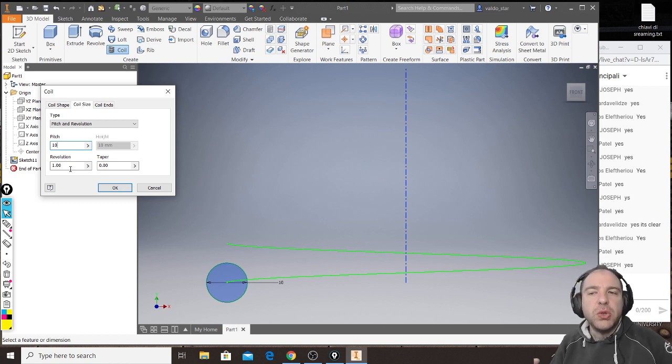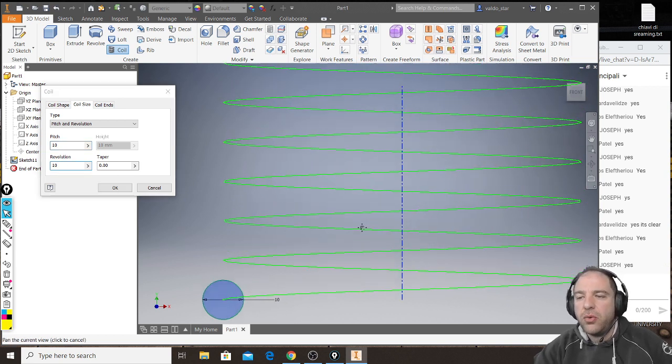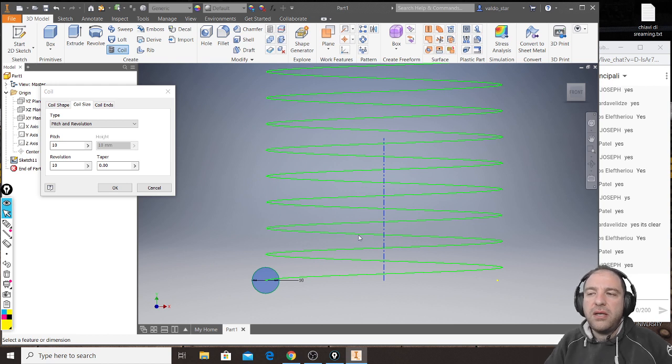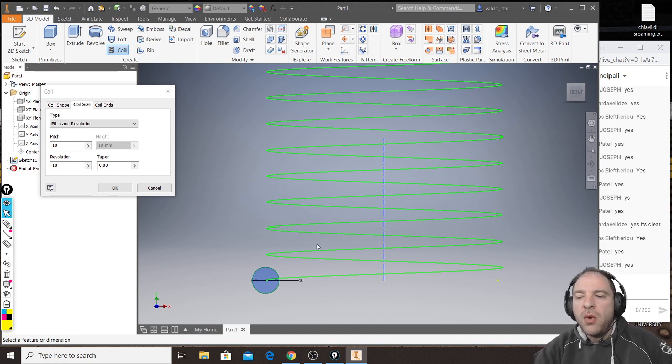If I make 2, it will make 2 rotations. If I make 1.5, it will make 360 plus 180. So let's say I want 10 rotations, and my spiral will make 10 complete loops. When I click OK,